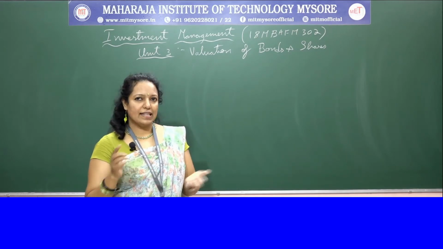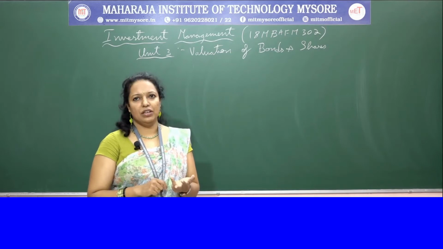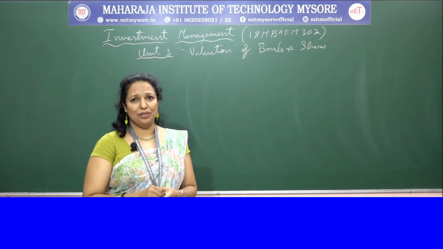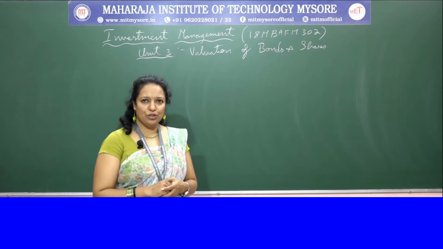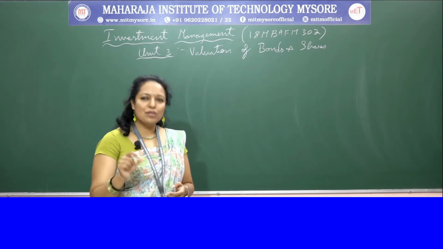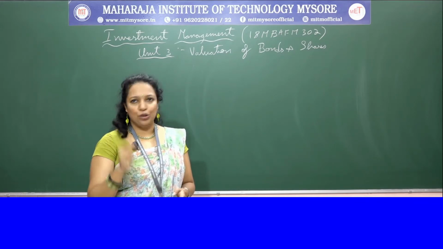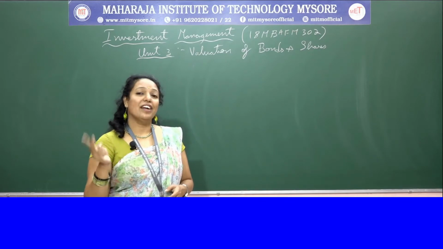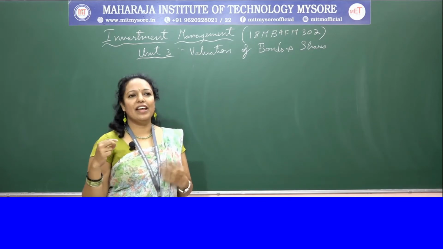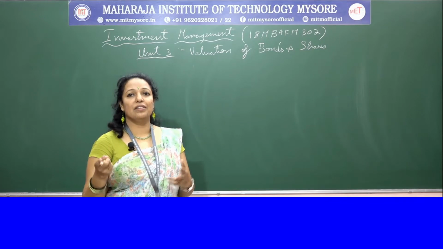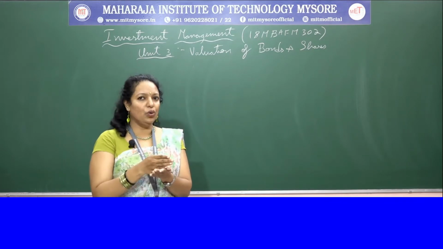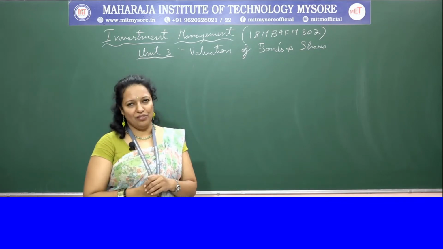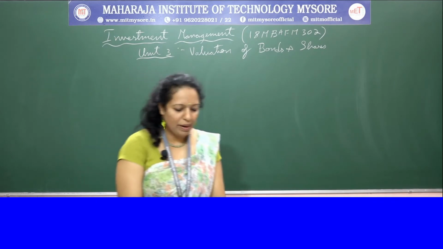In my previous class I did a problem related to duration, that is how to calculate the duration of a bond, and yield to call and yield to maturity. Here in this problem also we'll be calculating yield to maturity, but there are two different rates. So when they give two different rates and when there is a concept of yield to call in between, how do you solve it? Let's take the question paper.